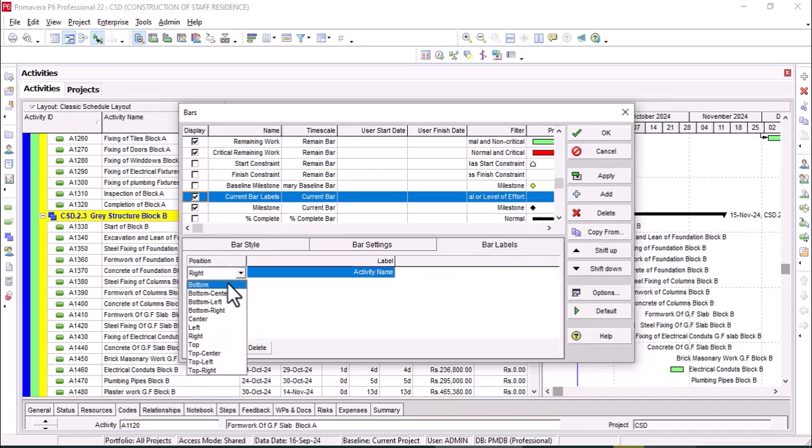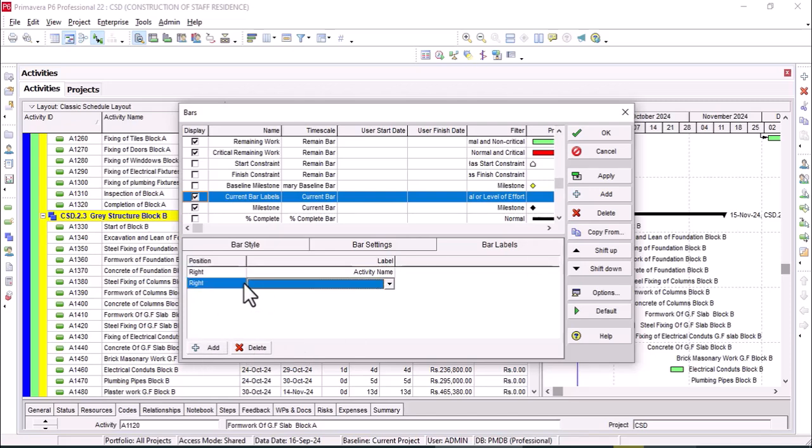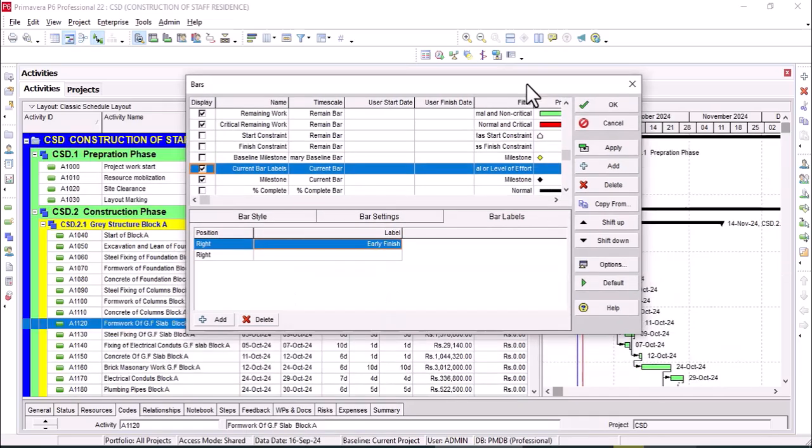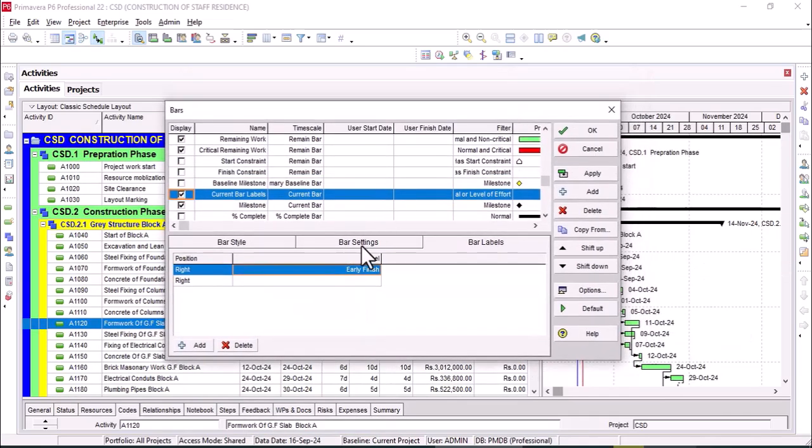On the right side you want to show the description. Okay, fine. Add another. On the right side you want to show the finish date. You can see that on the right side I want to see the finish date,